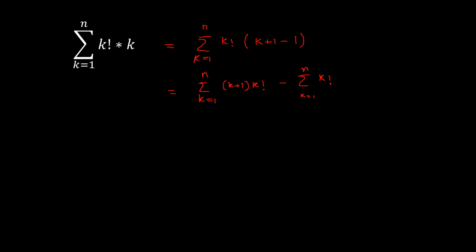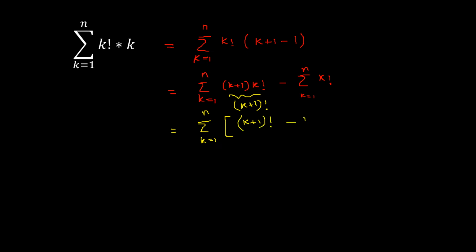By the definition of the factorial, k plus 1 times k factorial is k plus 1 factorial. So it will be the summation k equals 1 to n of k plus 1